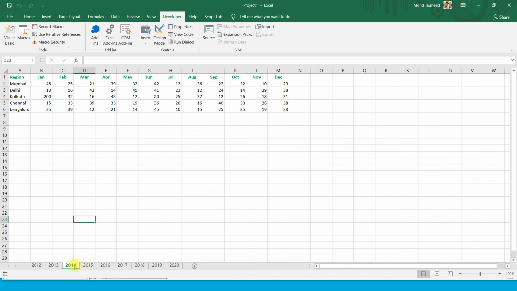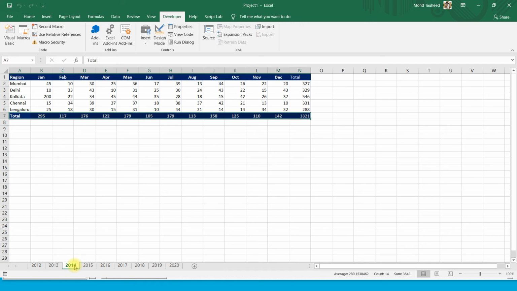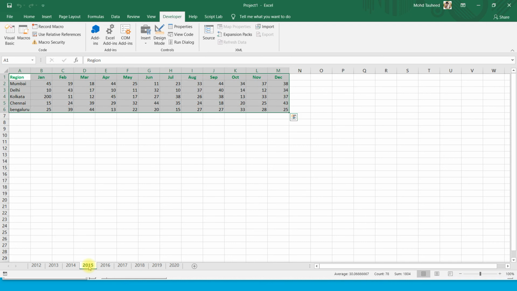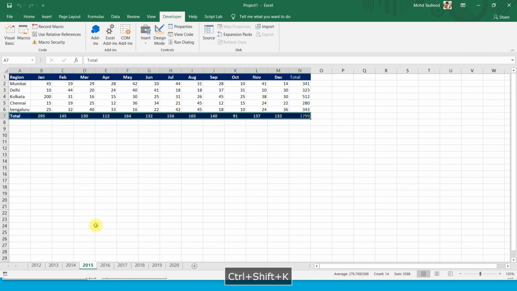Same as we go to 2014, press Control Shift plus K. As you can see, month wise and region wise total count is automatically calculated. Same, go to 2015 and press Control Shift plus K. As you can see, the macro does your work automatically.